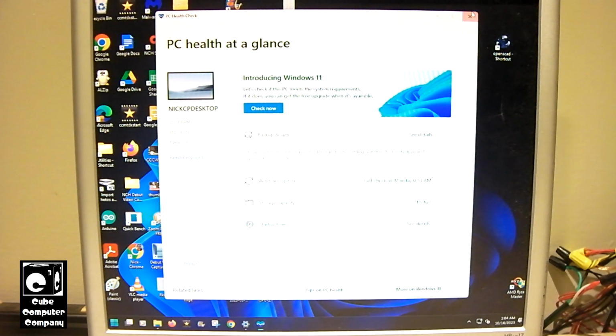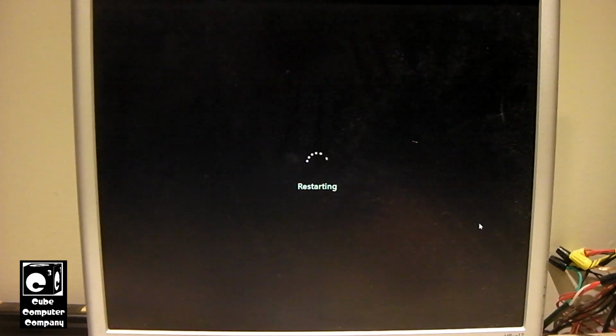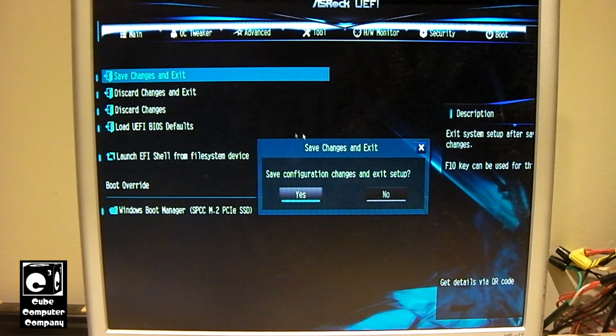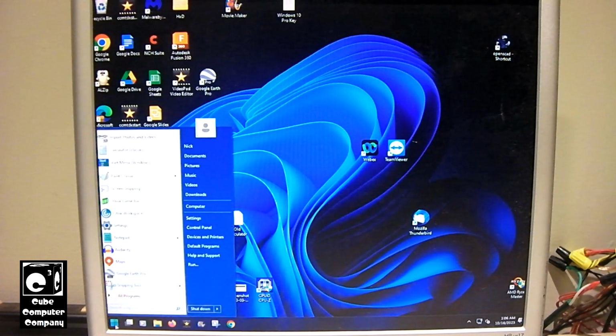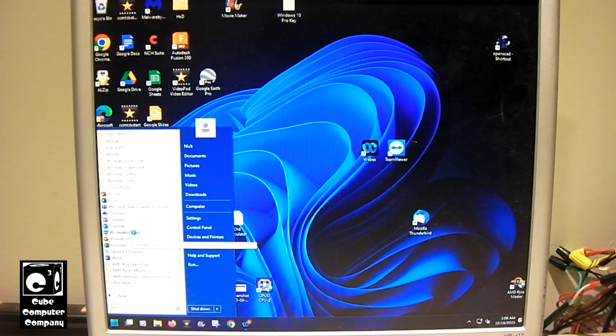Okay, so let's say for example, we're going to simulate something like TPM being turned off. So we're going to go ahead and go into the UEFI setup utility on this and turn off TPM. Okay, so we have disabled TPM, and we will save changes and exit. And let's go back into Windows 11. And now if we go back into the PC Health Check app,